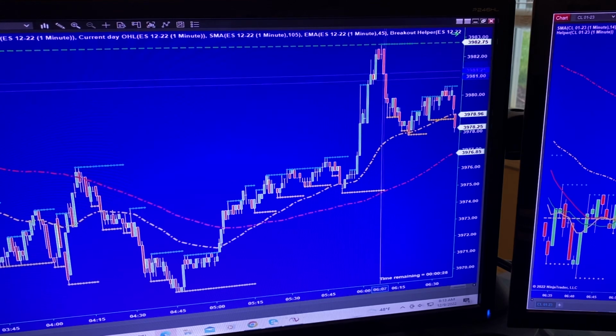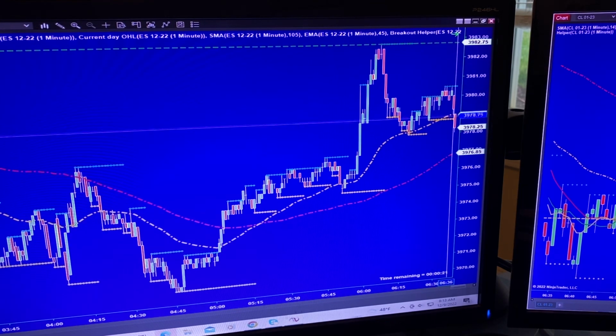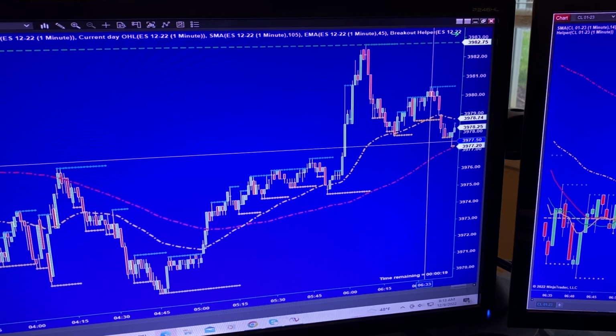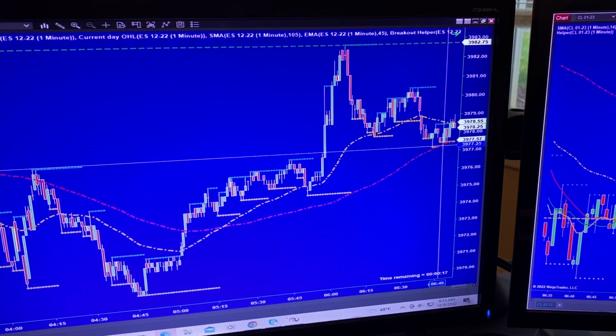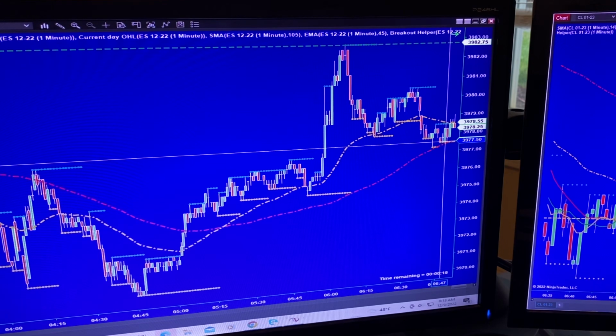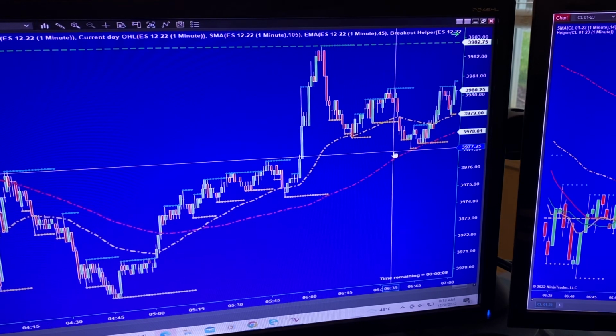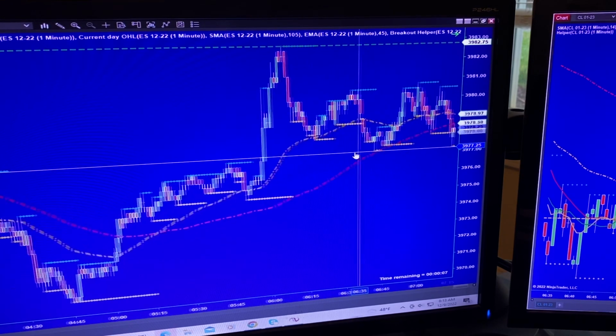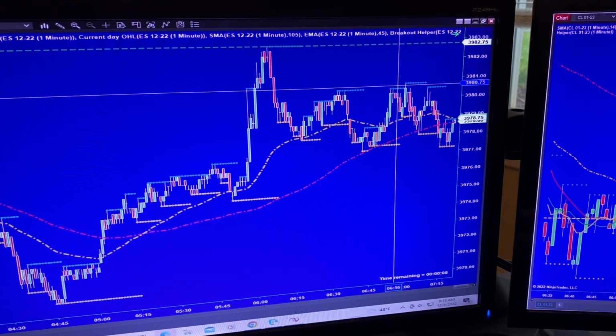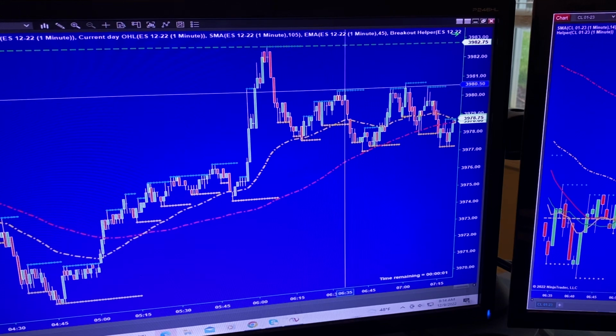Here was number 1. Here was number 2. 2 did not break here. Bam, down it goes. So here's our first attempt at the red line, which is, remember, our 5-minute red line on the 1-minute chart. What do we expect? Oh, we expect it to go up. And it did. And it broke this pivot to the left.